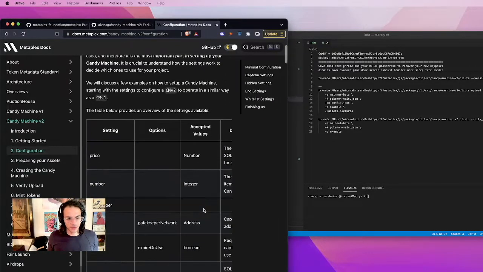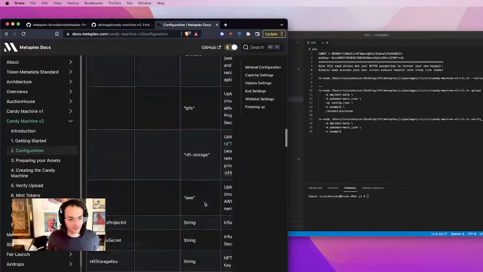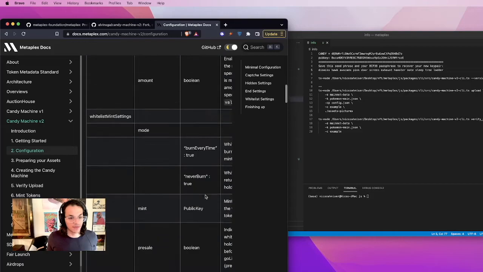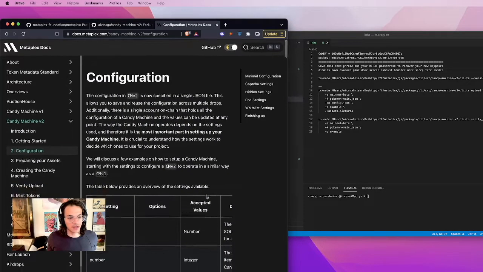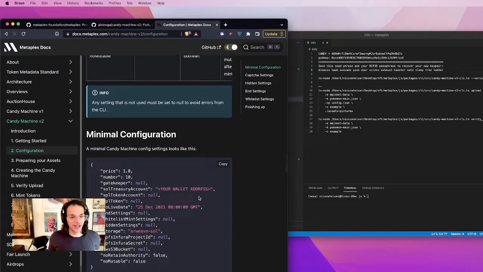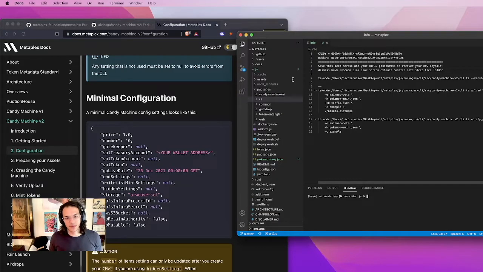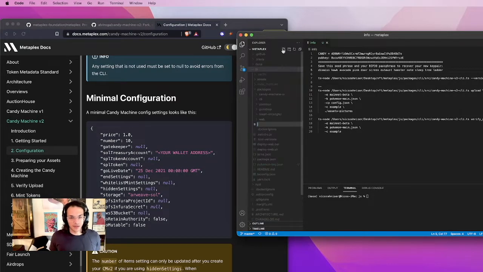But I also know you run into that issue. So next what we need to do is we need to create our config JSON file. So you can read through kind of this documentation here. This is more of like, you really only will want to change this if you want to update things. So let's go here. Let's create our